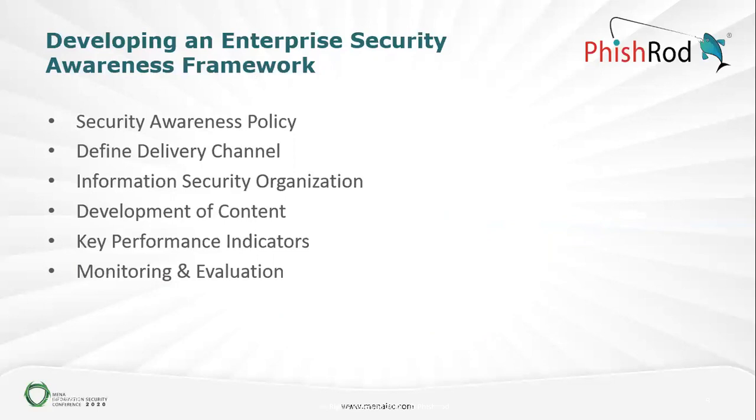But once you have that gap analysis done, we at PhishRod can also help you, complementary, do that gap analysis against maturity level 5. Once you have that assessment done, the next step is to develop an enterprise security awareness framework, which speaks of developing your own security awareness and phishing readiness policy,